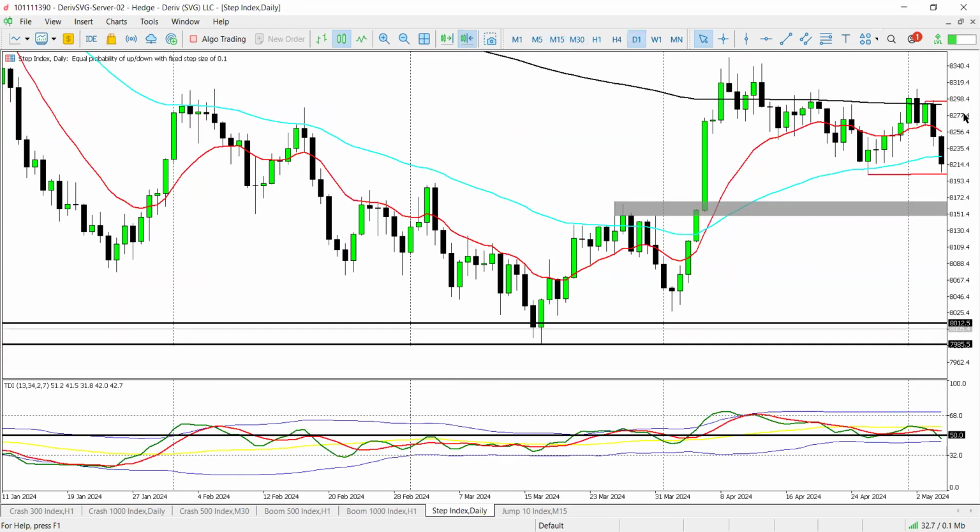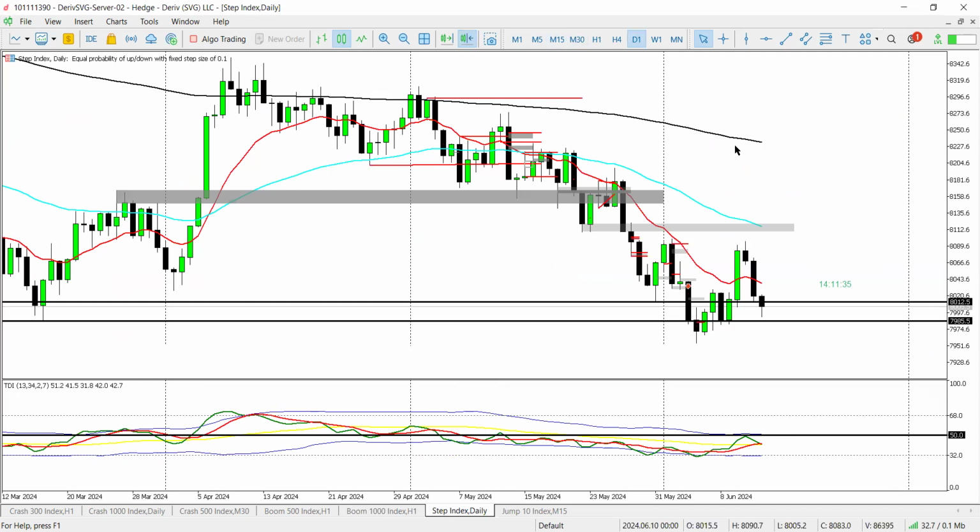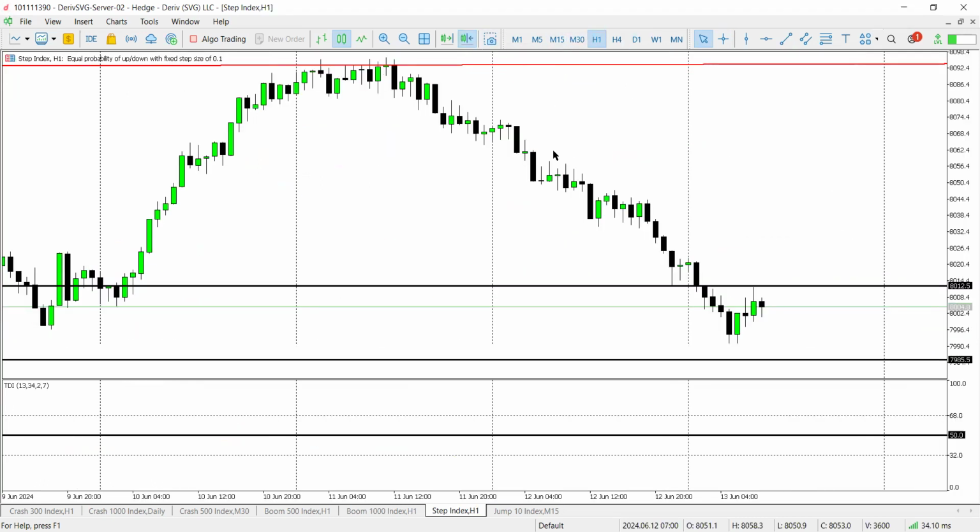Then jumping to step, I saw you guys caught a nice sell on step index. I was so happy when I saw that. Basically, price had reacted off this high here. Nice daily candle rejecting, taking out liquidity. This is crystal clear here. And we're anticipating a retracement back into the 13 EMA initially. So if you're looking at price that way,